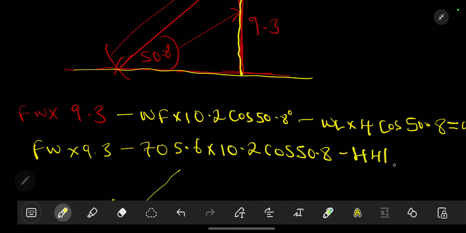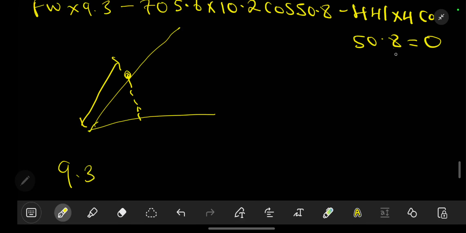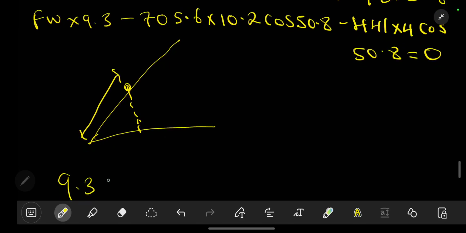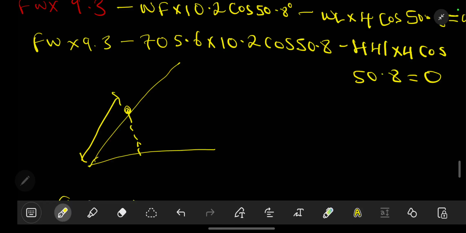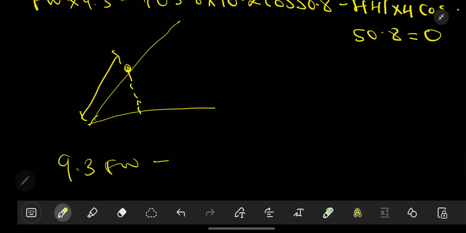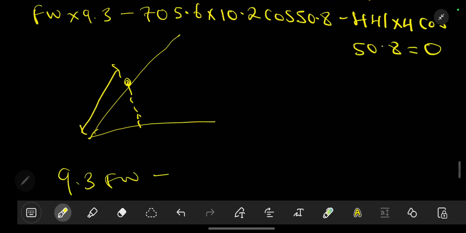We found it to be 441 times 4 cos of 50.8 should be equal to 0. We are going to have our 9.3 FW, then we have minus. So when we multiply this, we are going to get a value of 705.6 times 10.2 times the cos of 50 times the cos of 50.8. This is going to give us a value that is equivalent to